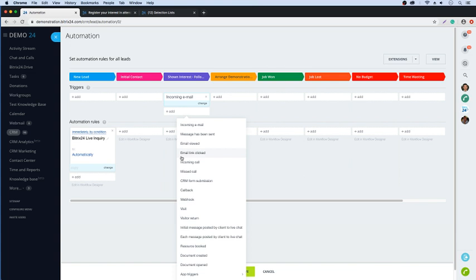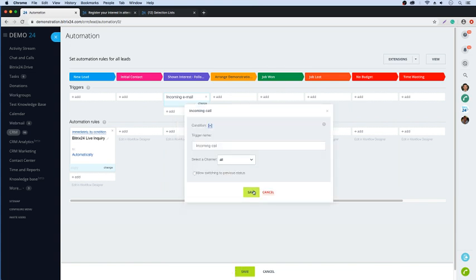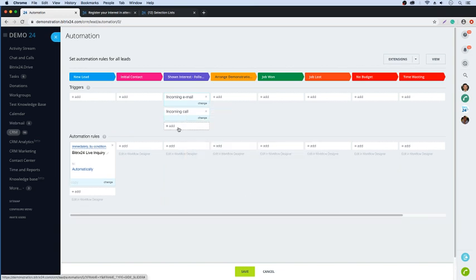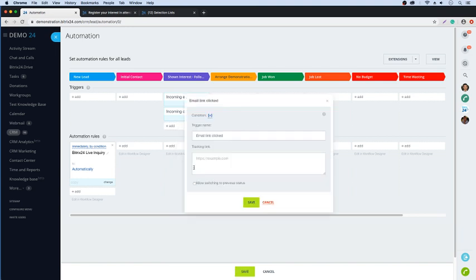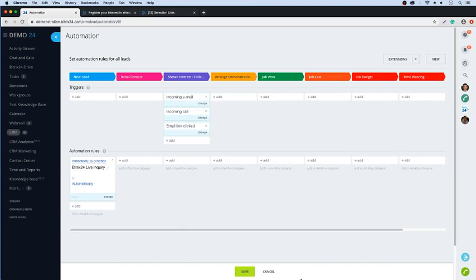What we also want to do is incoming call. So we have a test connection for a telephone number on here. But an incoming call, and again, it will only move this particular lead up if the number associated to the lead is calling. And then finally, email link clicked. So we put an email to click on register for the webinars in that particular email that we just created a moment ago. And this is the tracking link. So if we save that,